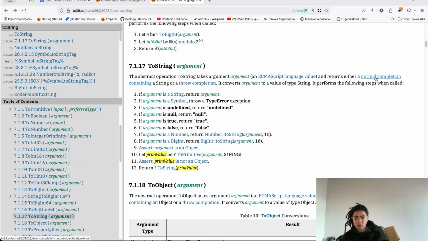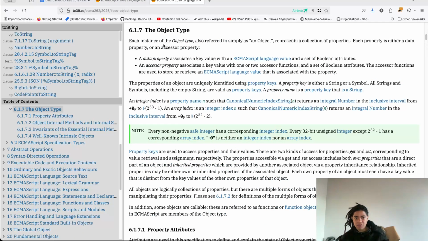And returns either a normal completion containing a string or a throw completion. It converts the argument to a value of type string, and it performs the following steps when called. Assert the argument is an object, and each instance of an object type is also referred to simply as an object,